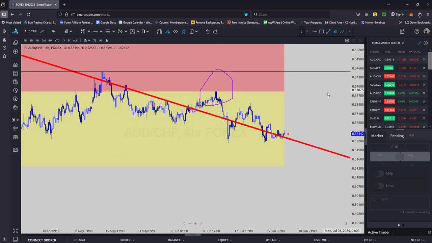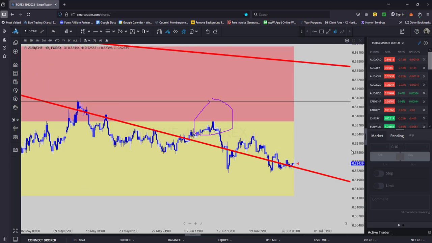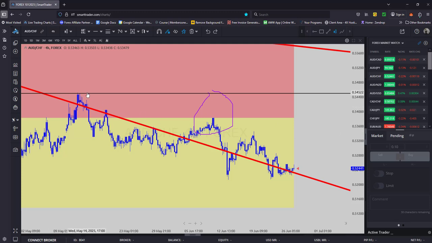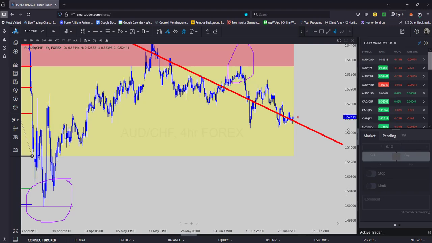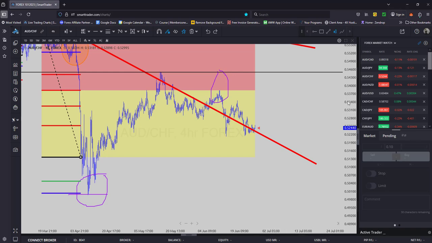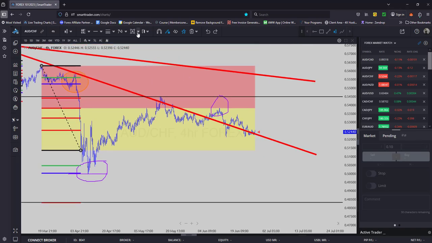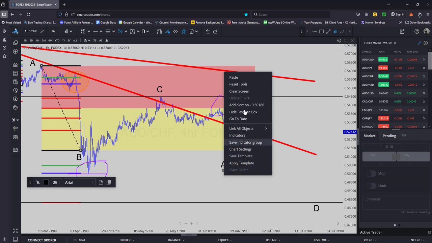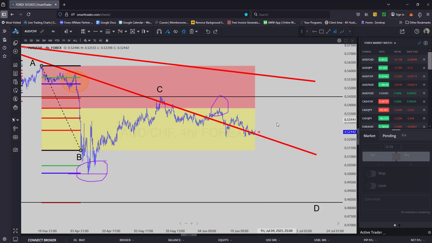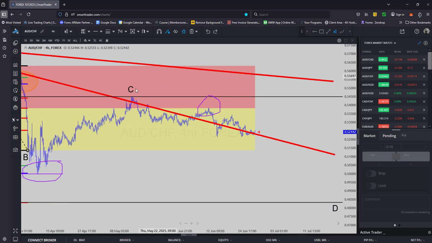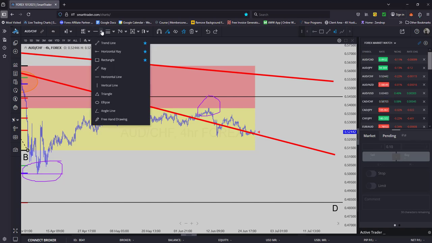And then when we zoom in, for instance, this example is a little different to the Euro US dollar. We could see that if this is our C and we're working our way down to our D, right? If based on our fibs, and let me just label it, based on our fibs, A, B, C, we expect D to be here. The market working its way from C to D based on how big the move is